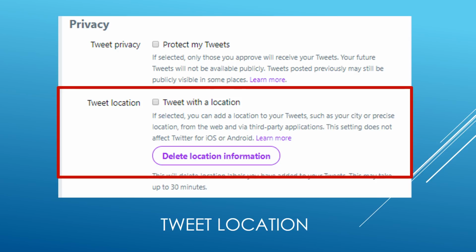The first privacy setting you should look closely at is tweet location. You want to make sure that this is not selected. You do not want anyone to be able to find your location from the internet or third-party applications. You do not want to be hunted down by information that people may or may not get off of Twitter,